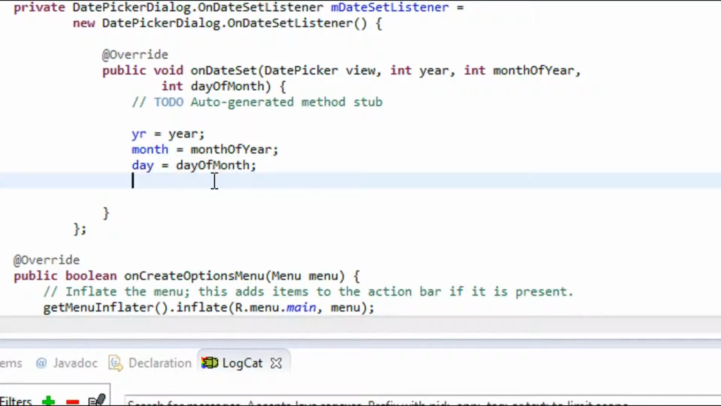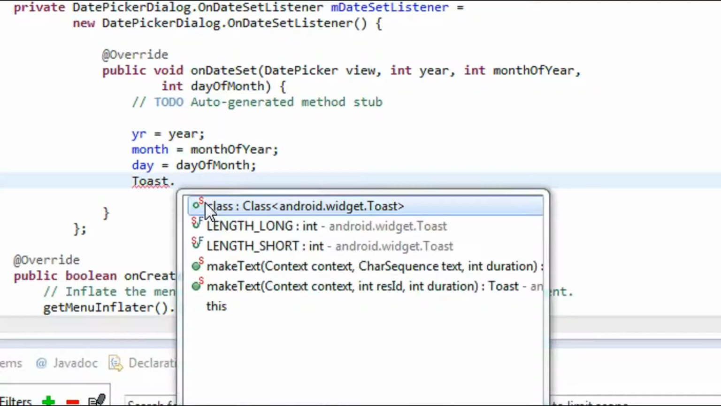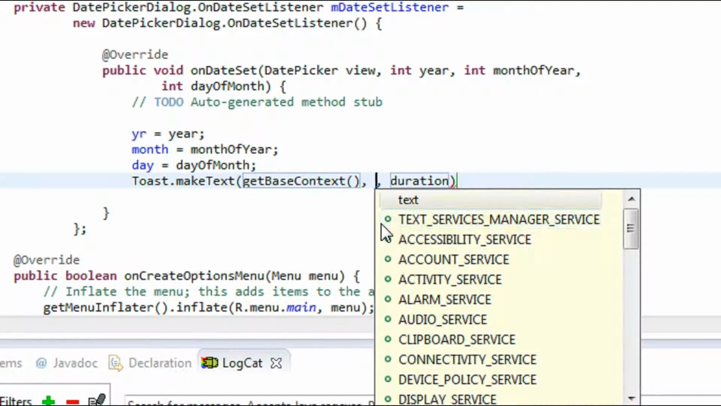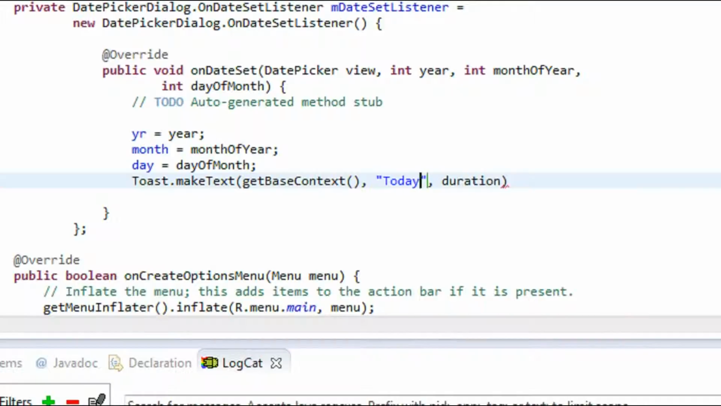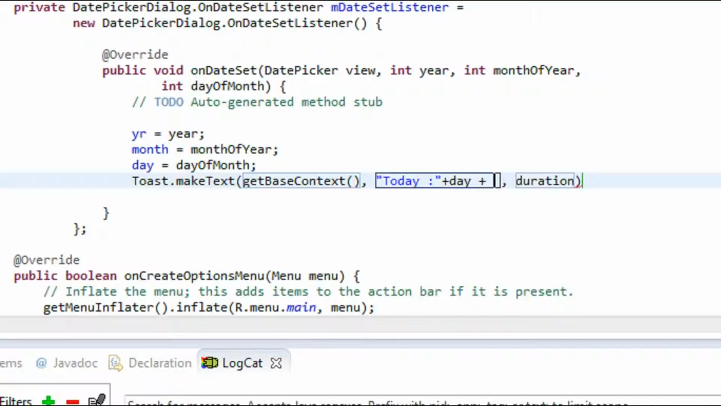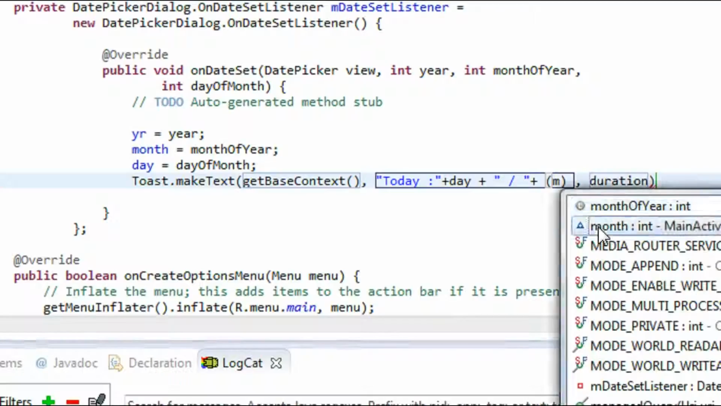Okay, now I am going to display this information using a Toast.makeText, getBaseContext. Today is, first I display the day, then display the month. Here I just add 1 to the month because it counts from 0,